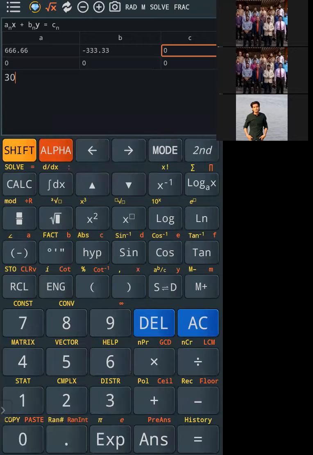Then I will put minus 333.33, then 599.99, and then 0. So these values I have put, right?